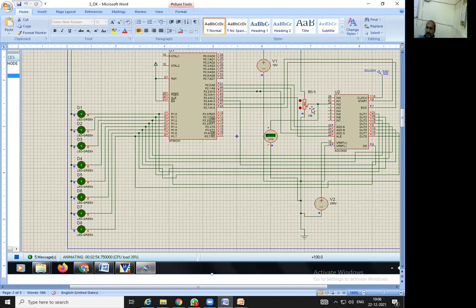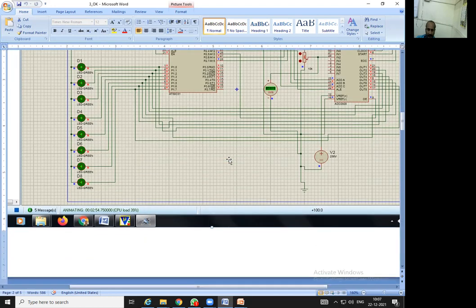IN1 is 0 0 1. So 0 1 0 is for IN2. If you are using input number 2, the select line should be 0 1 0. So simply it is a logic, and that is to be written in the code. How it is written, we will see.